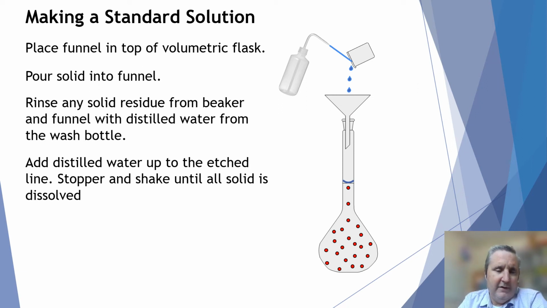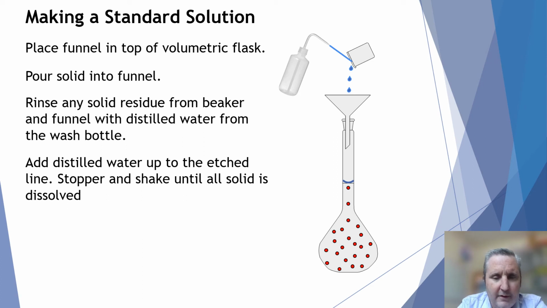So then what we do is we add distilled water until we have the volume of water sitting with the bottom of the meniscus sitting just on top of the etched line of the flask. So we've now added a total volume of water and solid to this flask of 250 milliliters. We're now going to stopper that flask, and we're going to shake it to make sure all of the solid dissolves. We'll then look at the flask again and make sure the meniscus is still sitting on top